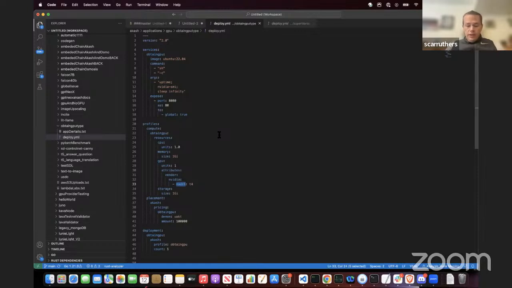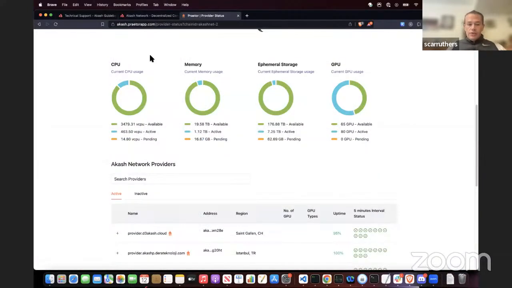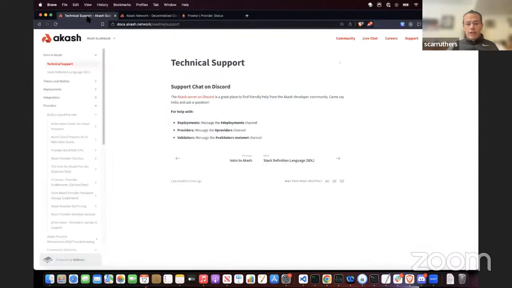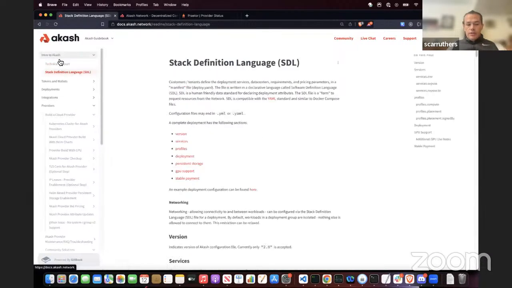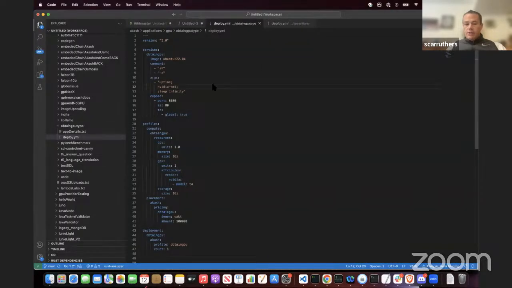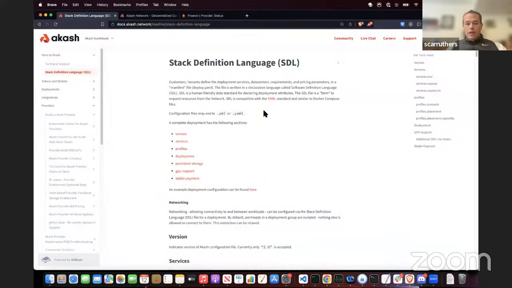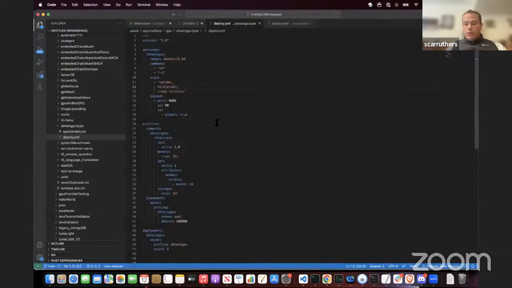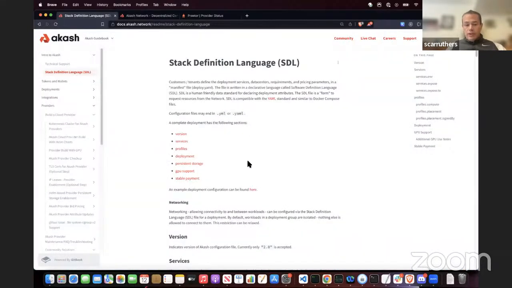I know that's a lot on the Akash SDL. Before I move on and actually show the mechanisms of creating a deployment and what that will look like when it hits our test Akash GPU provider, I also just want to go back to the Akash documentation site and draw your attention, under the intro to Akash, to the SDL specification for this SDL that I'm using for this experiment. It will guide you through all the different components of this SDL. And most importantly, with our recent introduction of GPU support, there's an excellent GPU